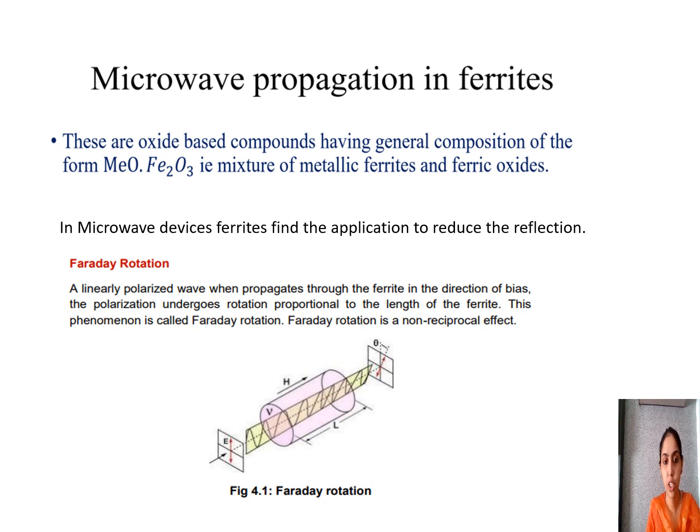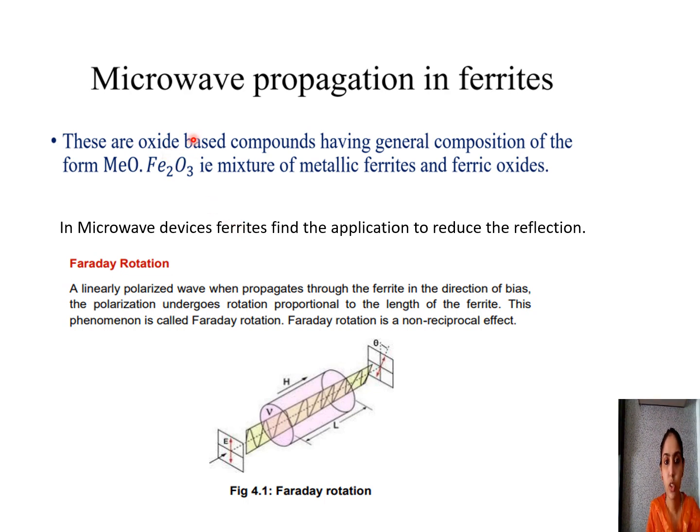Now in this section we are going to learn about two types of components, that is the circulators and the isolators. Both of them employ ferrites in their operation. Just to understand, we are going to employ the mechanism of Faraday rotation by use of ferrites in both our circulators and isolators.